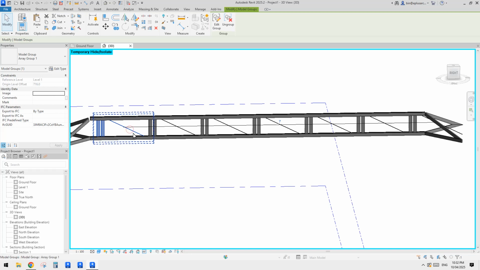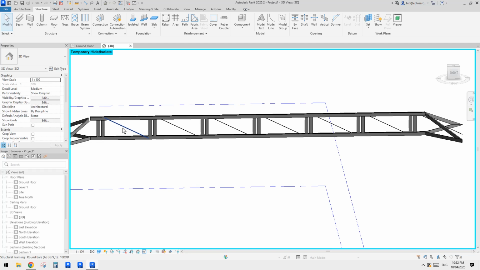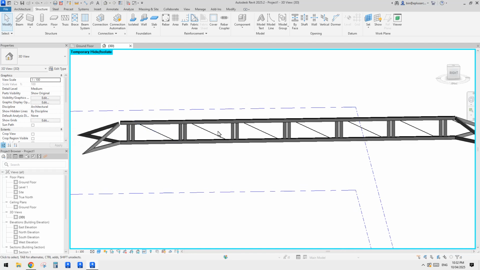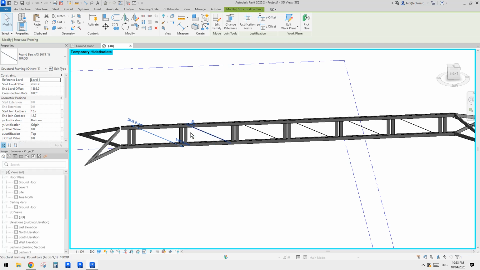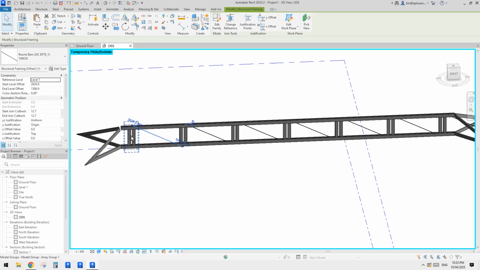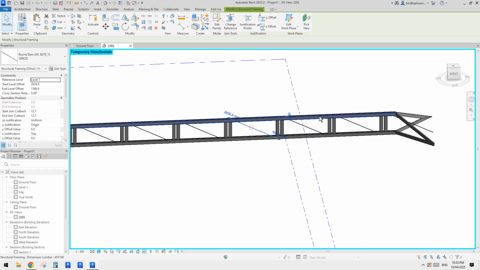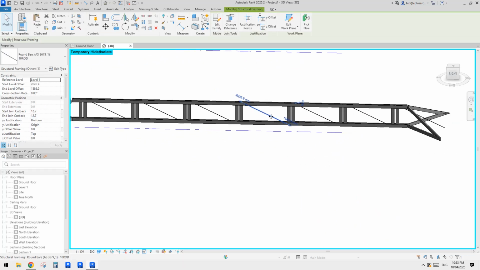So maybe we just edit group and remove this. So it removes this from a group. Doesn't mean deleting them. Just bring them out of this array, so they are not inside this group anymore. So which means we can adjust them. So maybe I think the easiest way,